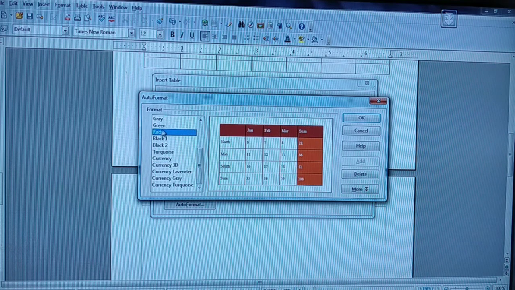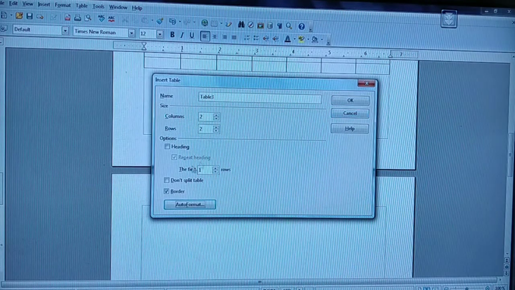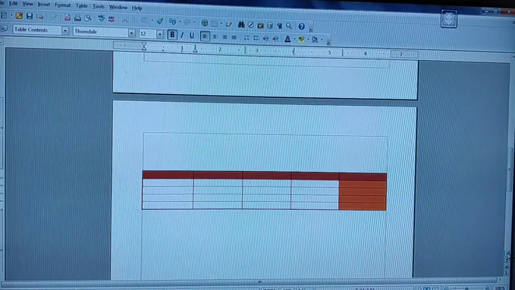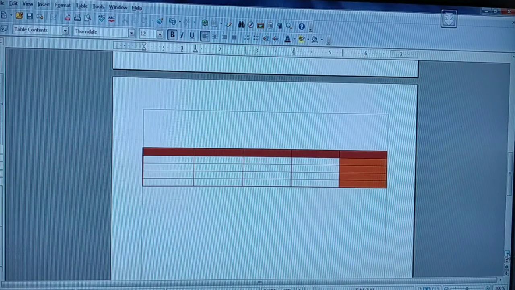Now I am going to select this one, and now I am clicking okay. Automatically the format is set for you. Now we can see whether we have that one or not. I am going to change the column to 5, and similarly the row also to 5, and now I am clicking okay. See here, the table is displayed based upon the format that I have selected. According to that format, it is displayed. So, clear with this one? This is the way you can change the format of your table.